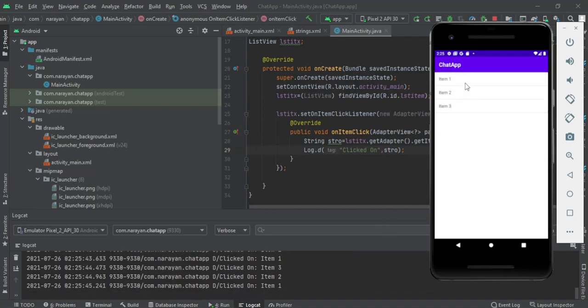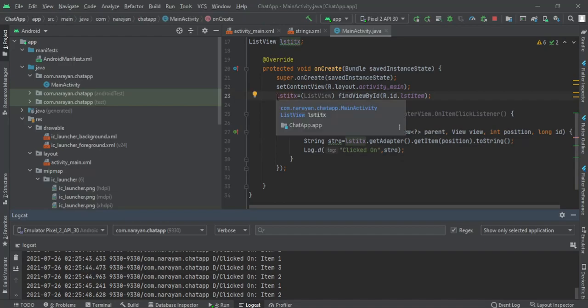See here, but I cannot select all of them because I have not modified their behavior to act in such a way. So how we can add this behavior, how we can add tick marks or any sort of things here like checkboxes and stuff, or design a complex list view, that we'll see in some other video. But for now we'll move towards the next component, that is the spinner.